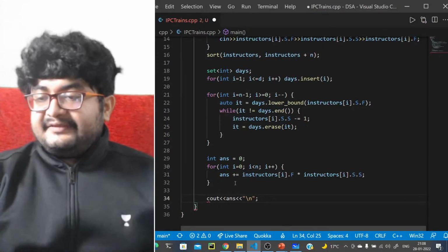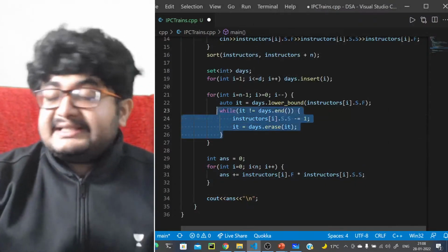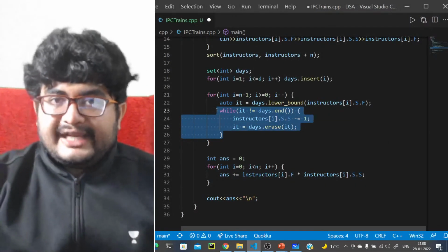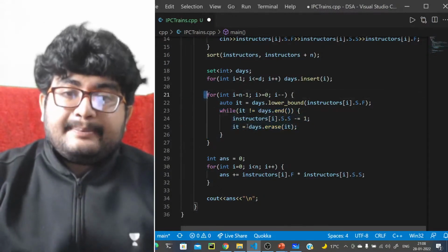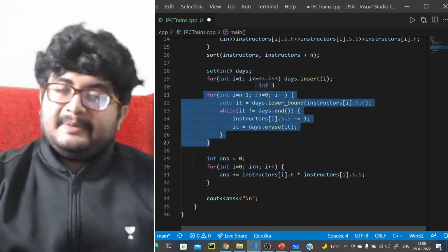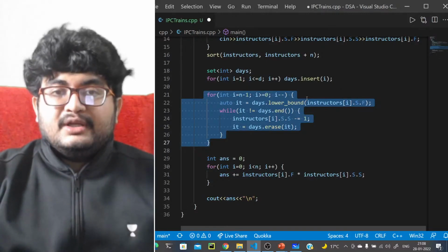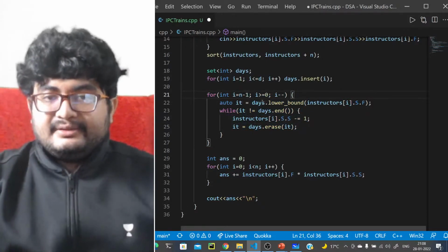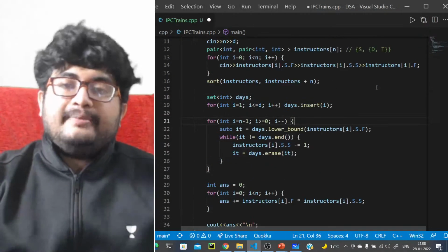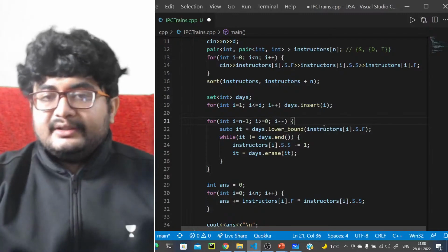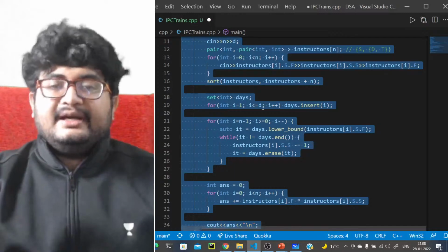Okay, is this clear with everyone? How is this code working, or what is the complexity? Just look into this part. You are erasing the days, so it's not order of D anymore. Every day you are just visiting once. What is the total complexity over all the loops? You are visiting at max D days, so it will be order of D over the entire loop. So it will be order of n plus D. And definitely there is n log n here, so n log n plus D, because you are sorting. So that's the complexity.